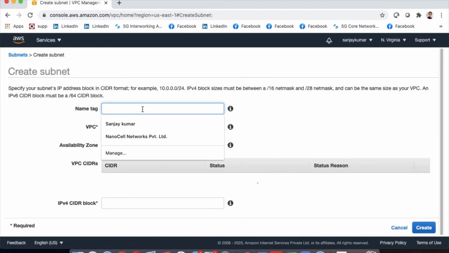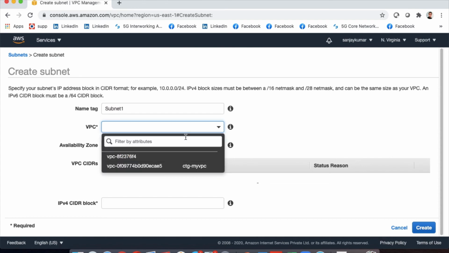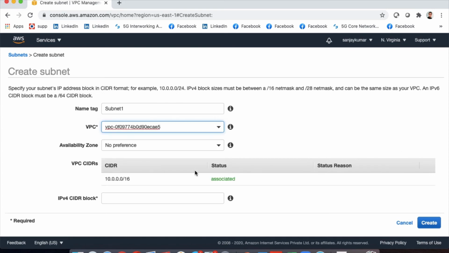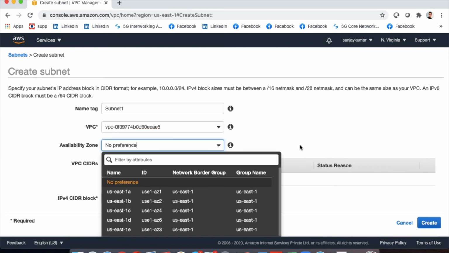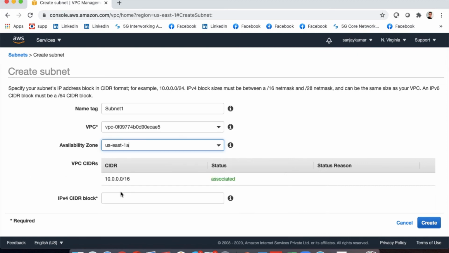So we'll move forward and go with subnets and create a new subnet. In this case we are giving subnet 1 as the name. For the VPC, we have to choose the VPC, so we'll choose the new VPC we have created. For the availability zone, if we want to give some preference we can give that, otherwise we can leave it as no preference, and it will by default create a subnet in one of the availability zones. As of now I'm choosing US East 1A.